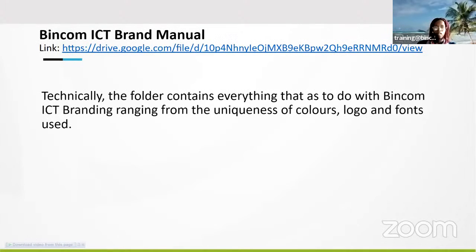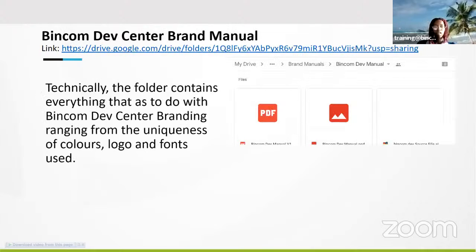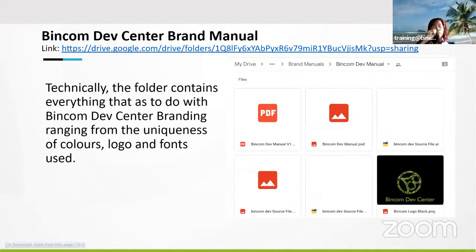So the Bincom ICT brand manual is just something that contains what the logo is, really what the branding is, from the logo, the font, the colors, just for you to really understand how this works, because you might tend to create designs, create videos, create newsletters as a member of the Bincom ICT team. So you need to know that as well.